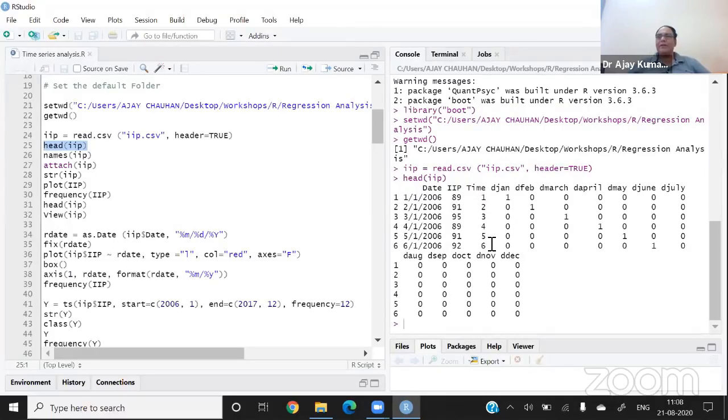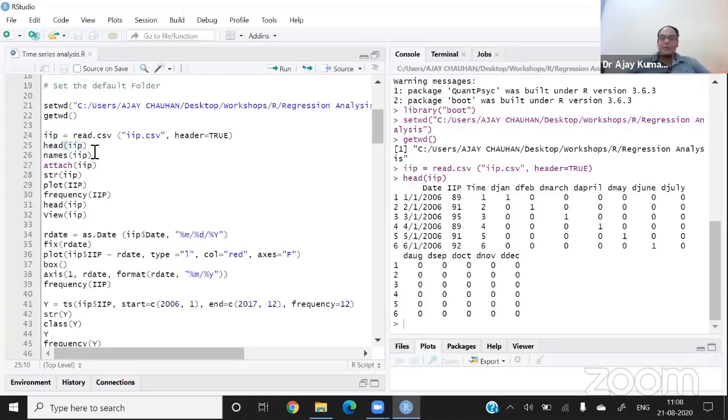And the third variable is time. This is just for applying the regression model. It is a time variable 1, 2, 3, 4, and because we have monthly data, these represent the months. And D January up to D December are the month dummies. Month dummy means when the month is January, I put 1 in D January. Similarly, in the dummy of February, whenever the month is February, I put 1, otherwise 0. Similarly, I created the 12 dummies of all the months. This is for the purpose of capturing the seasonality in the behavior of IIP.